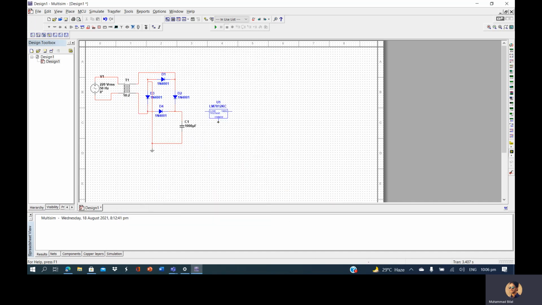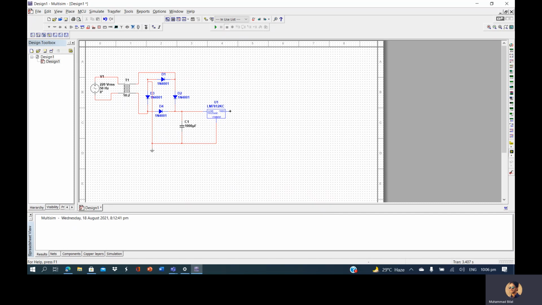You can see that that side is the input of the IC, the line voltage, and that is the regulated voltage at the output. It is showing that it has regulated the voltage to 12 volts, so we are getting a regulated voltage of 12 volts over here.